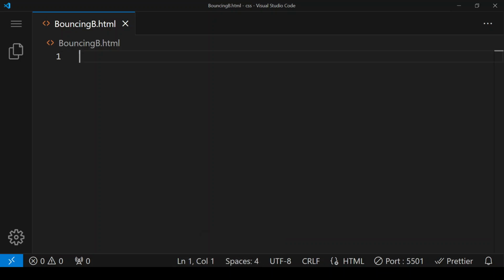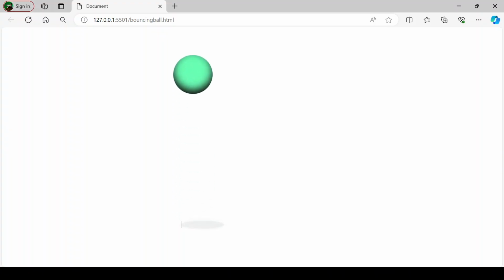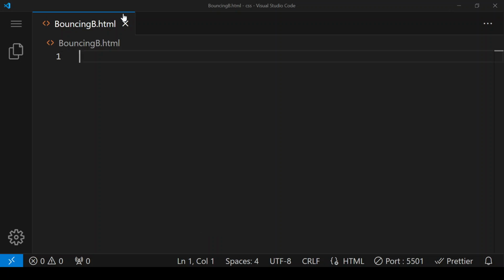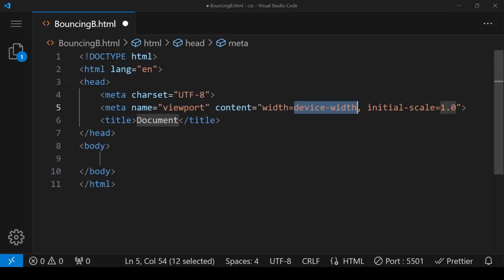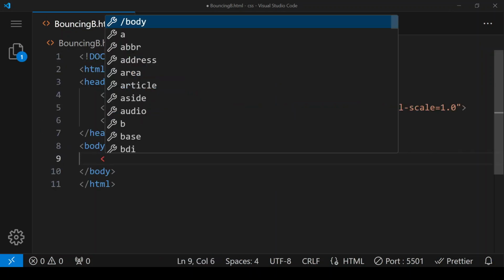Next in CSS, we are going to create this bouncing ball. We can see that when this ball is coming down and striking the floor, its height is decreasing and width is increasing. Along with that, it has a shadow, which is increasing when it is going up and decreasing when it is coming down. To create this, we start with basic HTML code, and within the body section, this is our div